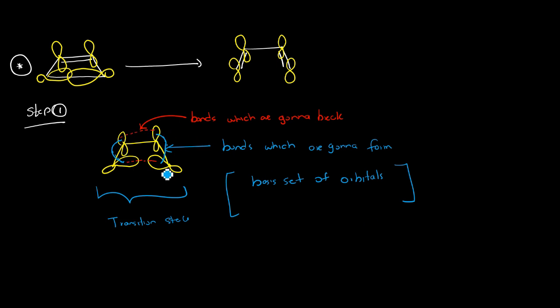These are the basis set orbitals of our transition state. There we have 2 p orbitals and 2 hybrid orbitals. Now in the second step,